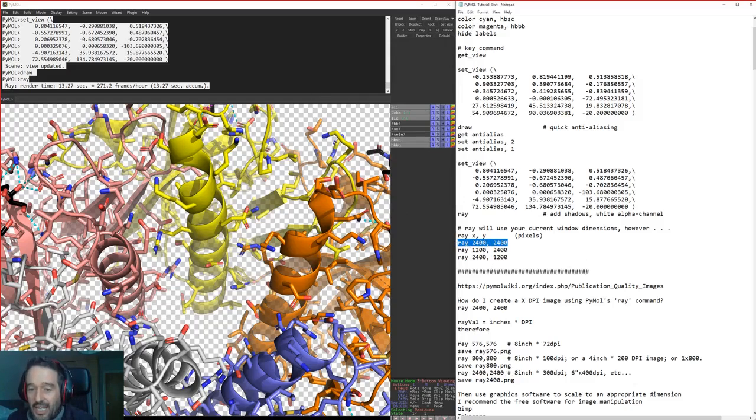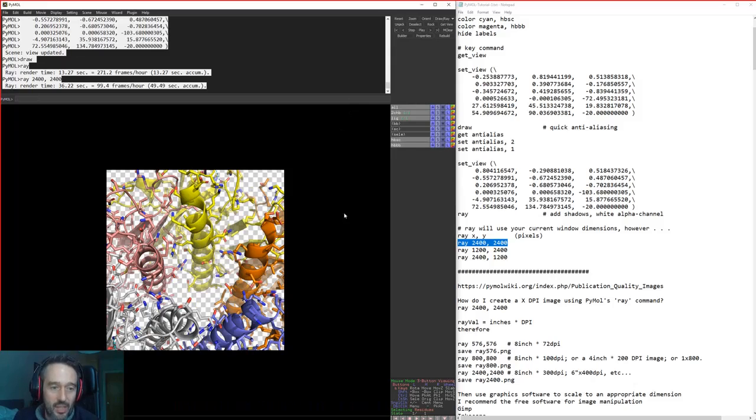So what you can do instead is give the ray x and y dimensions here. We can say we want a ray 2400, 2400. Okay, there we go. Now this has been ray 2400, 2400, and it's given us this nice square box here. You can abbreviate this to just ray 2400, and that will put 2400 in both dimensions. I won't bother doing this because you can see that took about 30 seconds to render, but we can ray 1200 to 2400 and get oblongs rather than squares, or whatever kind of dimensions you're interested in.